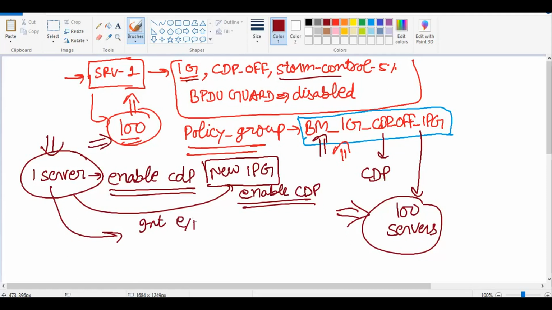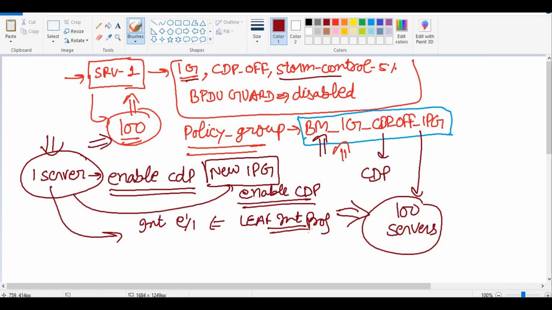Let's say the interface is 1/1 on one of the leaf switches, so I will go to the leaf interface profile, right? This we already discussed in our previous lecture.